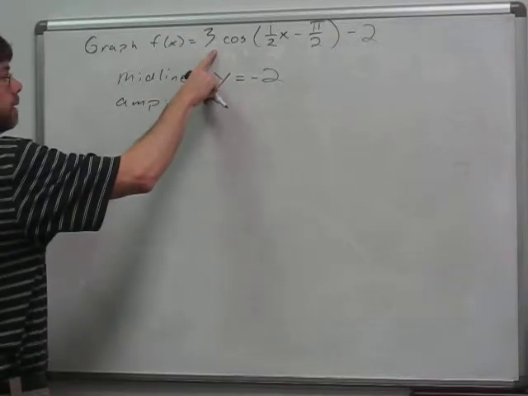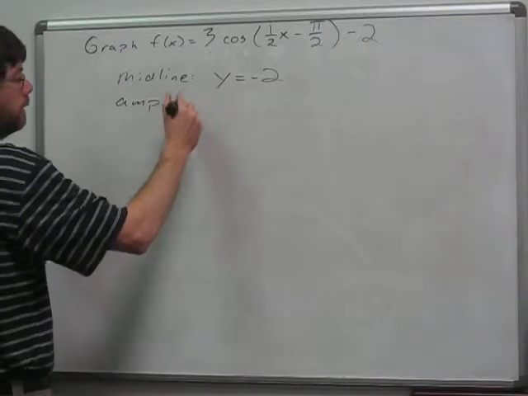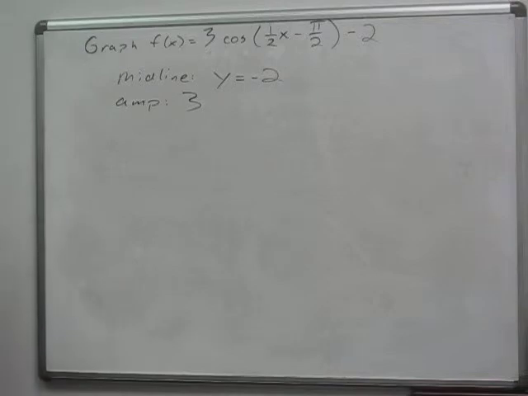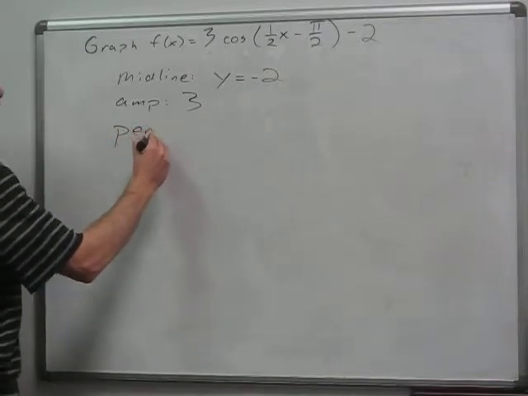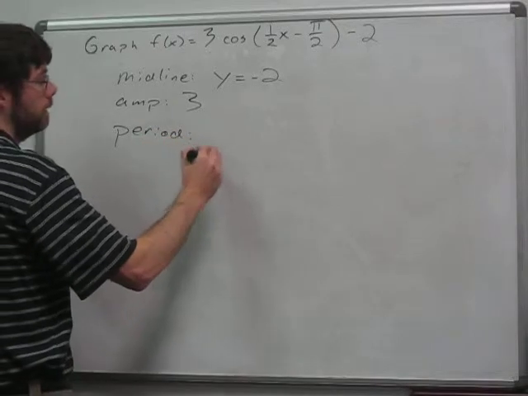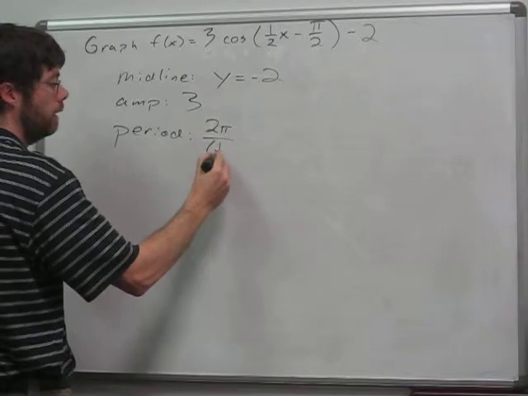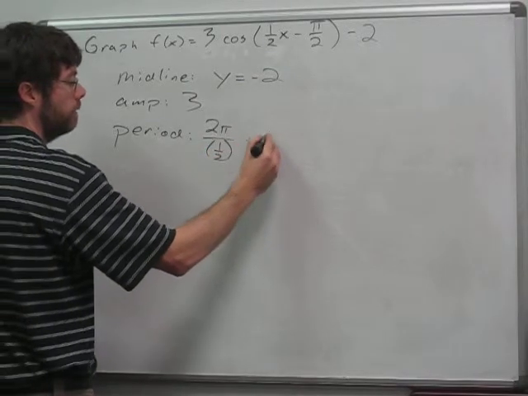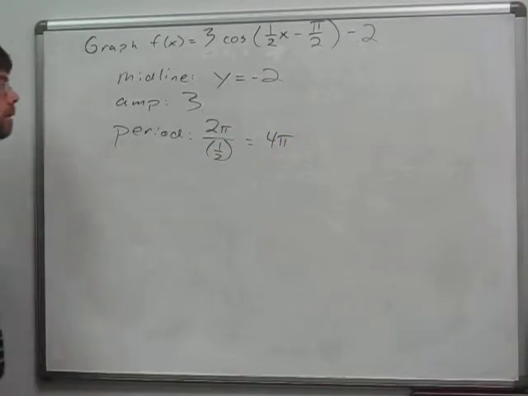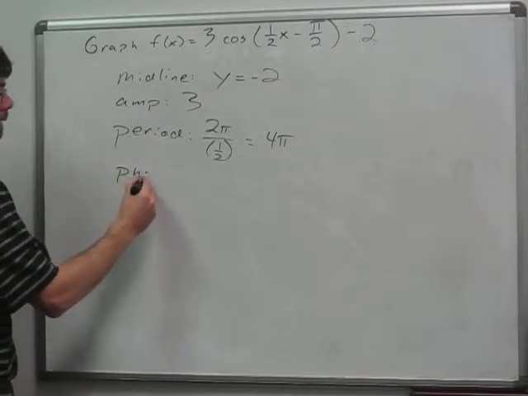Amplitude, we're multiplying cosine by 3. The absolute value of that is certainly 3, so we have 3 for our amplitude. Period. Again, the coefficient on x is positive, so this is just 2 pi divided by 1/2, which will be 4 pi, and the phase shift